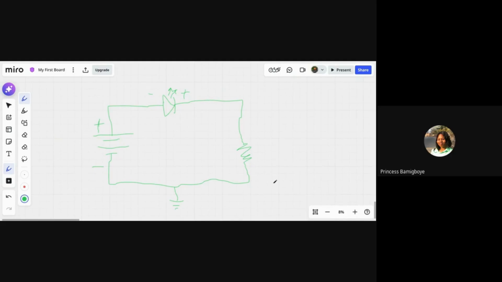The resistor does not have polarity. I mentioned that before. It means there's no positive, no negative. You can connect any leg of it to anywhere. So we're good. Negative, positive, and then it goes to ground, and then the cycle continues and continues. Yeah, the spiral continues.